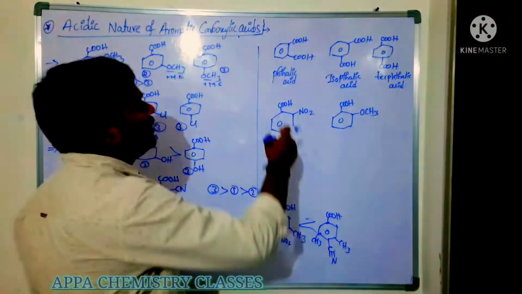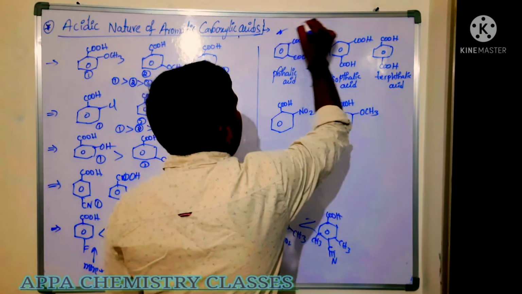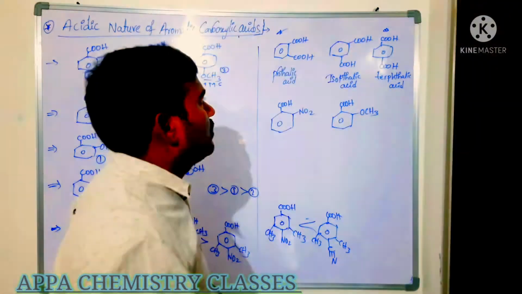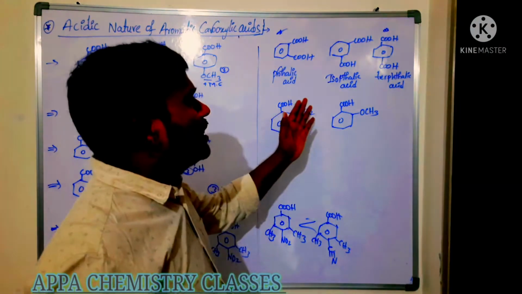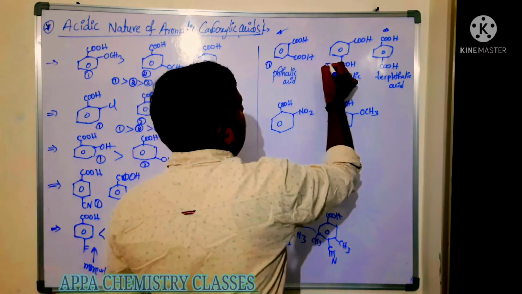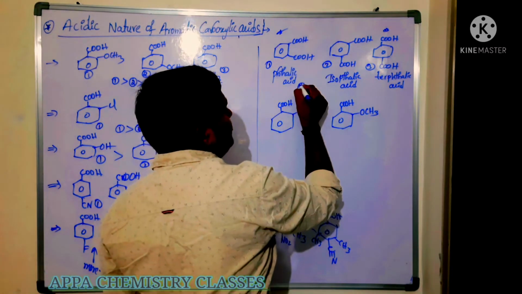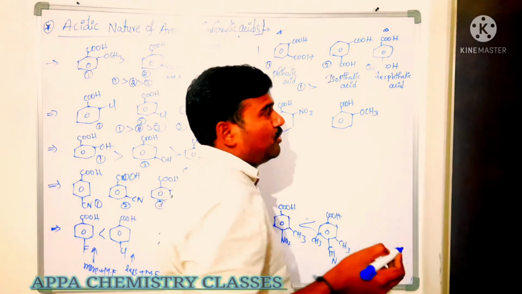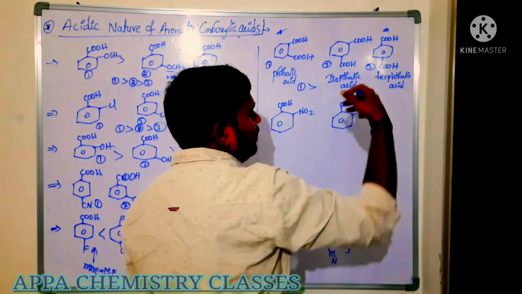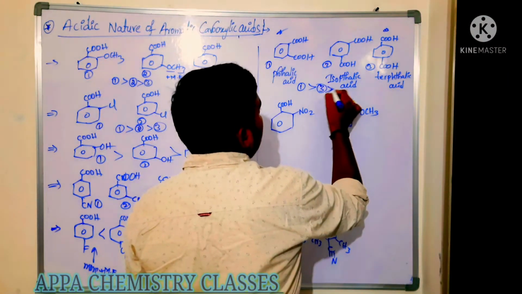So it will have more acidic nature. Now among these, phthalic acid, isophthalic acid, terephthalic acid: these names are very important. Phthalic acid and terephthalic acid you are going to get in polymers also. Now among these three, which is the more acidic one? 1, 2, 3. It is the ortho position. Simply, the ortho substituted is more acidic. After that we have meta and para. The COOH group is electron withdrawing. So that is para, after that meta.